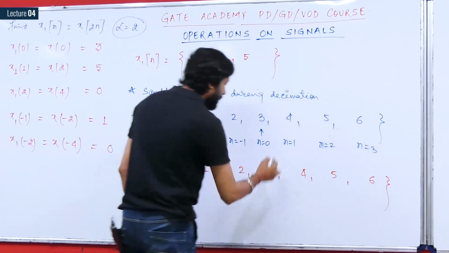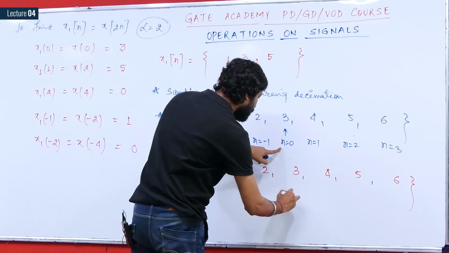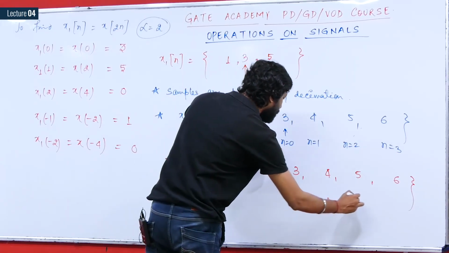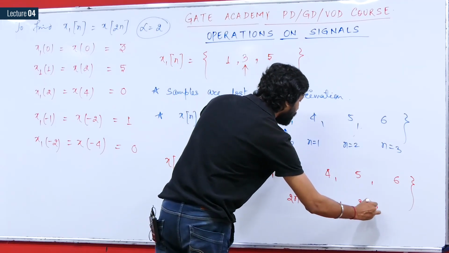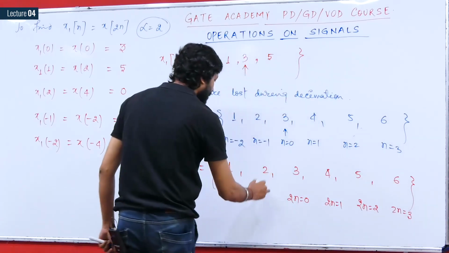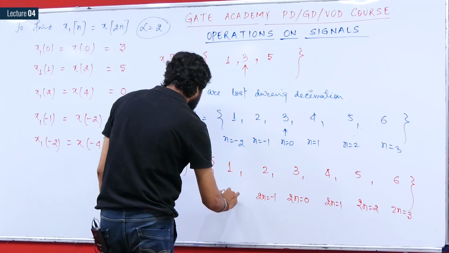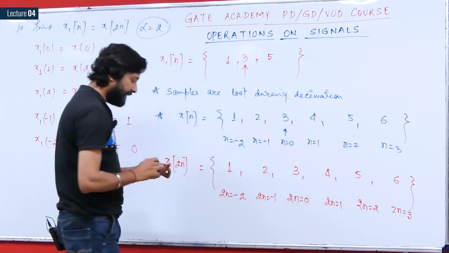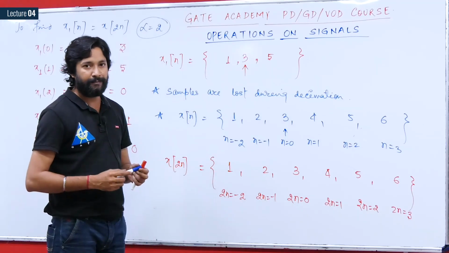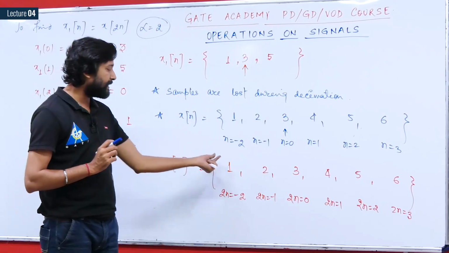But now it will not be the point of n equals to 0. Now it will be 2n equals to 0. It will be 2n equals to 1. It will be for 2n equals to 2, and it will be for 2n equals to 3. Similarly, it will be the value for 2n equals to minus 1, and it will be for 2n equals to minus 2. These are defining the values of 2n, but you will have to plot the signal with respect to n, therefore we will have to check the values of signals for n.